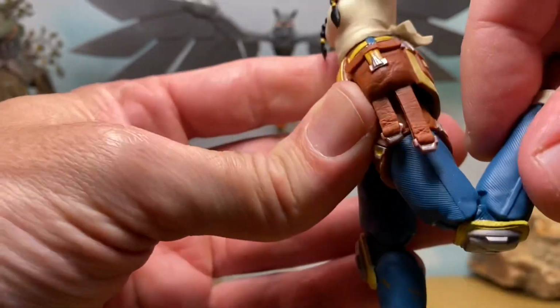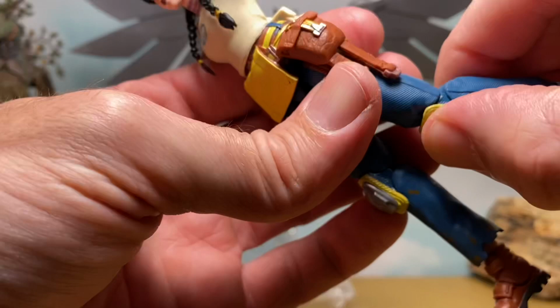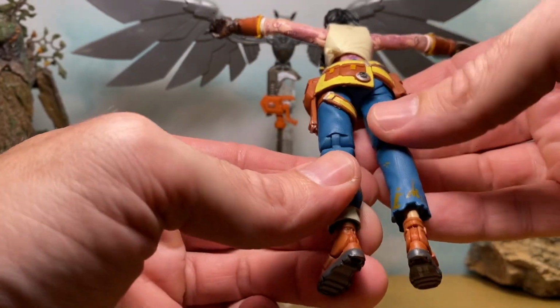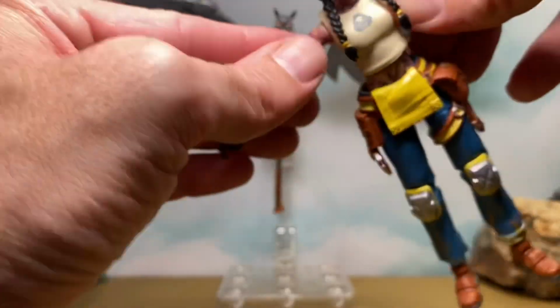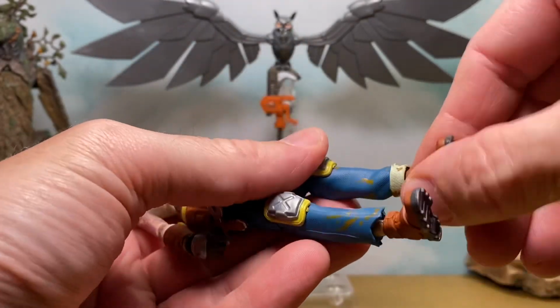And she cannot, because of the design on the pants, she's not going to be able to kick her own butt. And that is just due to the thickness here, I guess. That's weird. I would think she would be able to kick her own butt. But anyways, moving down here, we do get a